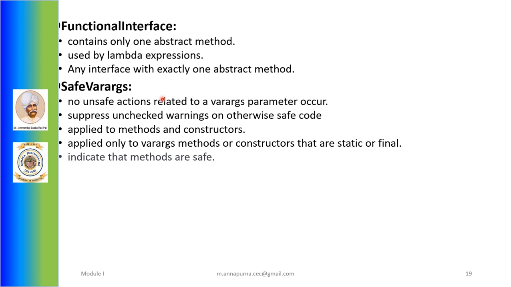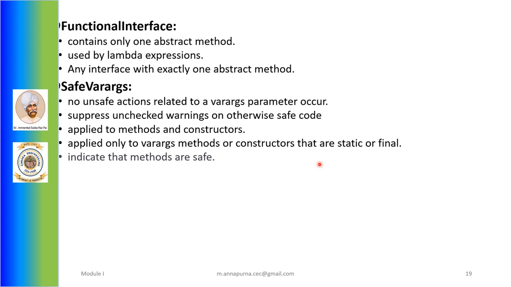@SafeVarargs annotation. The @SafeVarargs annotation is a marker annotation which is used to suppress the unsafe operation warnings at compile time. Unsafe operation warnings come at compile time whenever code invokes a method which has varargs, that is, a variable number of arguments. The @SafeVarargs annotation can be used with a method or constructor, and the method should be